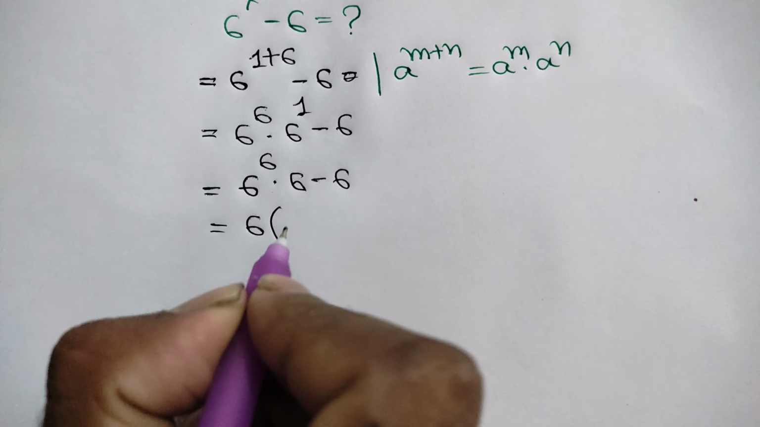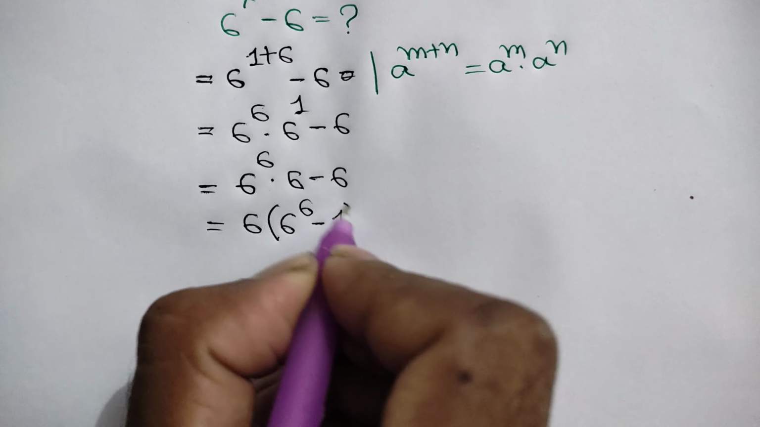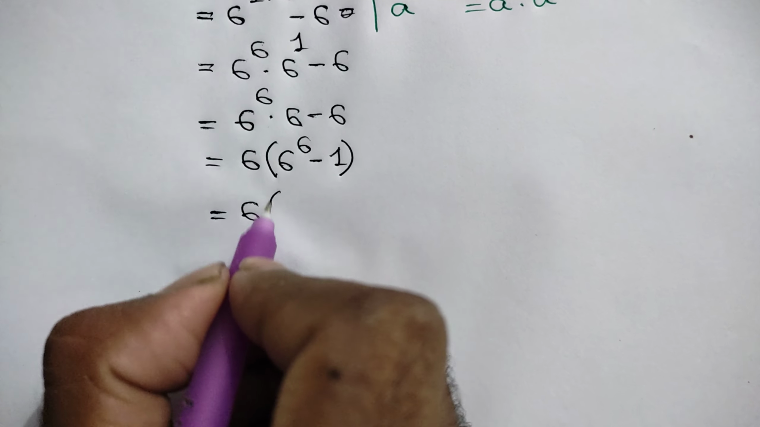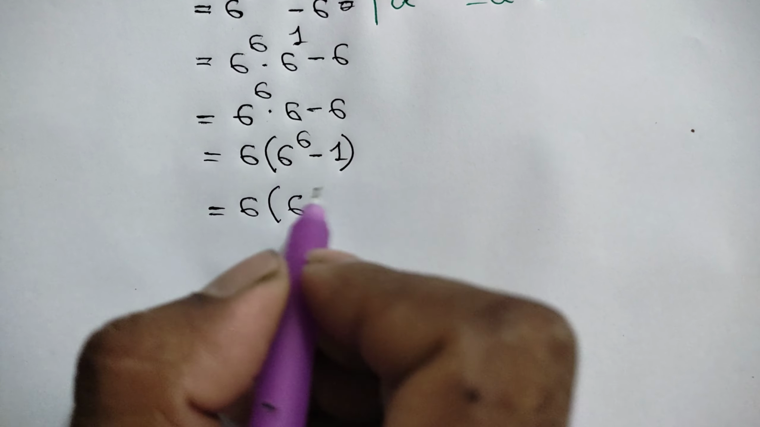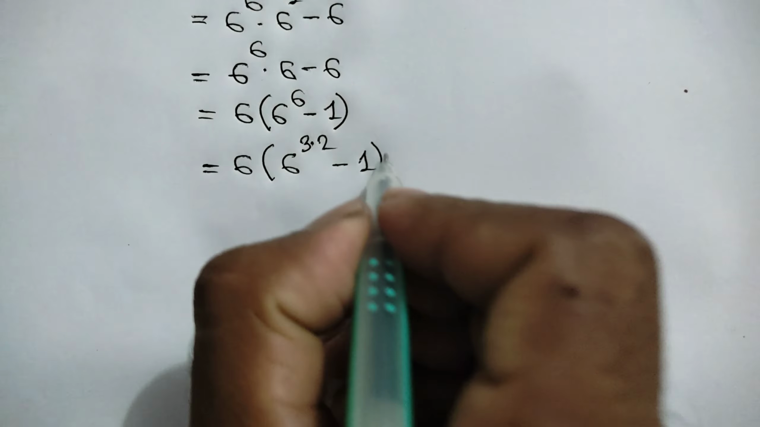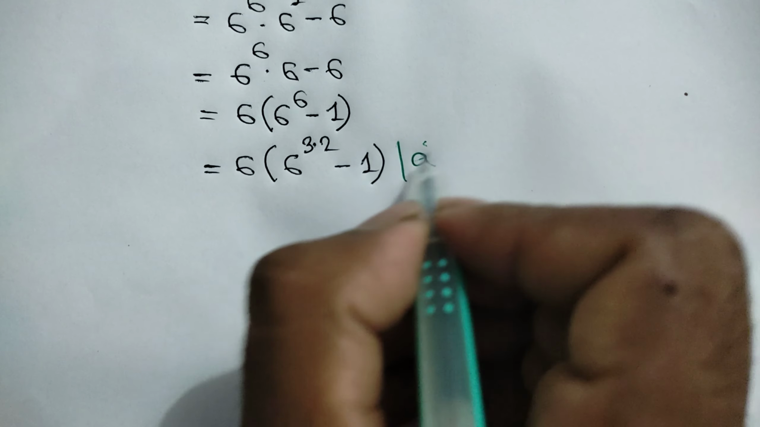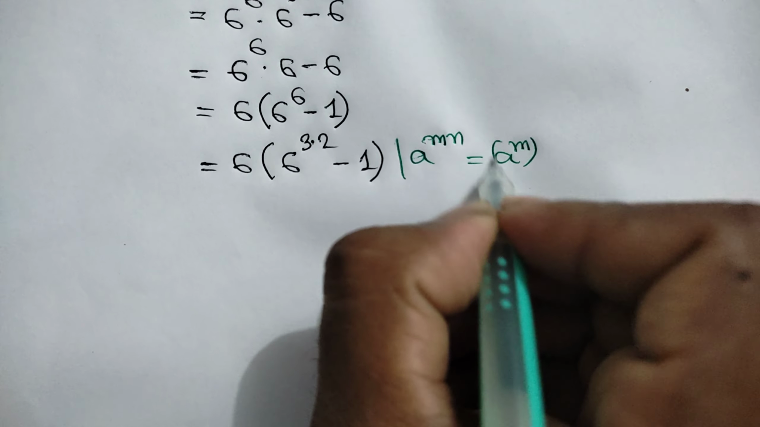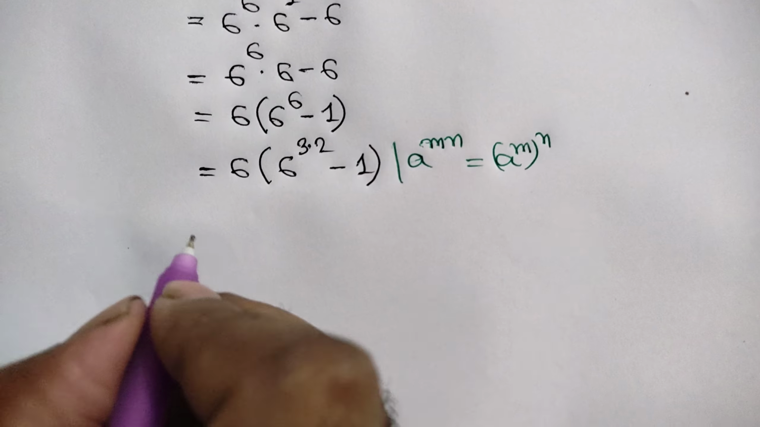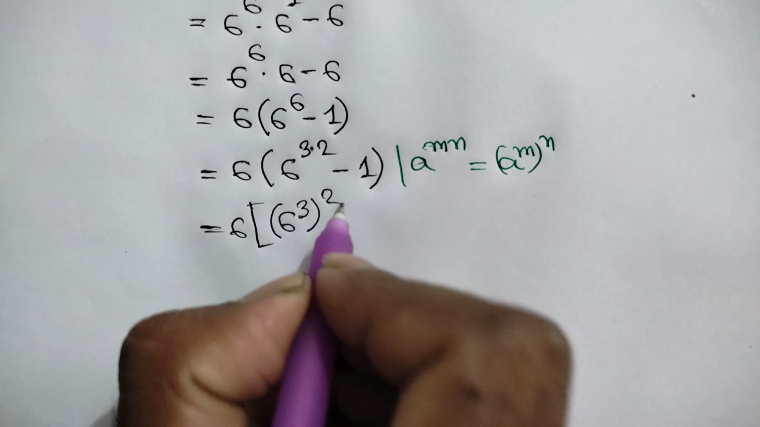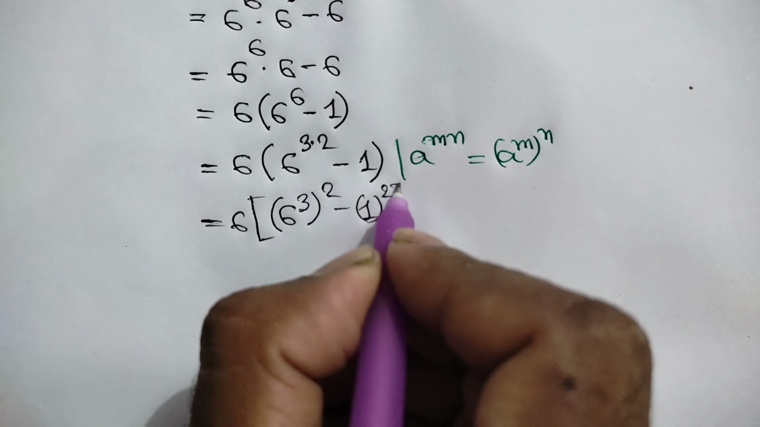to, now taking common 6, we will get 6 times 6 to the power 6 minus 1 is equal to 6 times 6 to the power, this 6 can be written as 3 times 2, minus 1. Now we know the exponent formula a to the power m n is equal to a to the power m whole to the power n. So applying this rule, we can write 6 times 6 to the power 3 whole square minus 1, which can be written as 1 square,